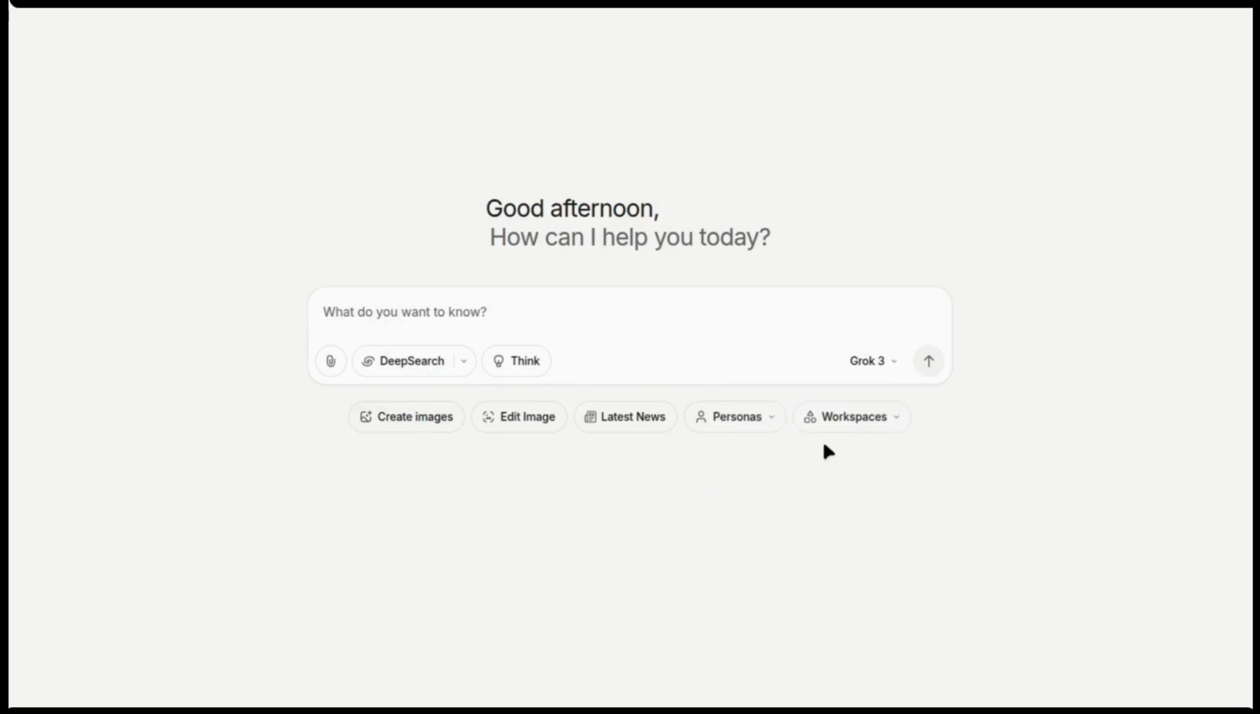Now, if you look just below the input bar, there's a row of quick shortcuts. You can create images, edit images, do research, find how-to guides, check out the latest news, or use something really fun called personas. Personas let you tell Grok to act a certain way, like a homework helper, a doctor, a